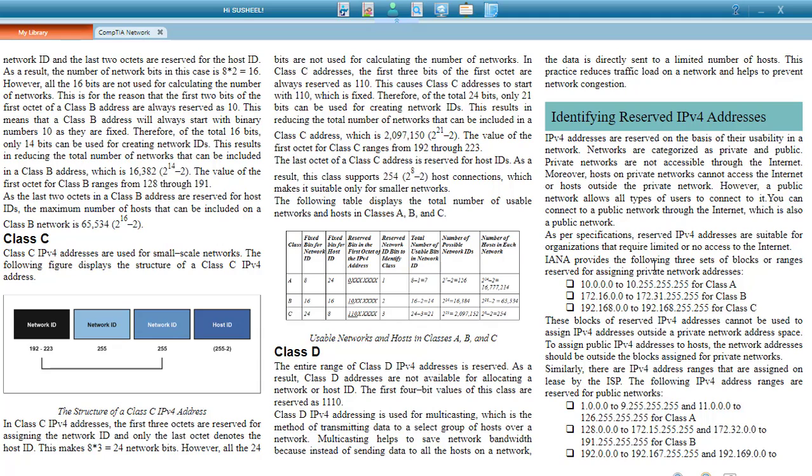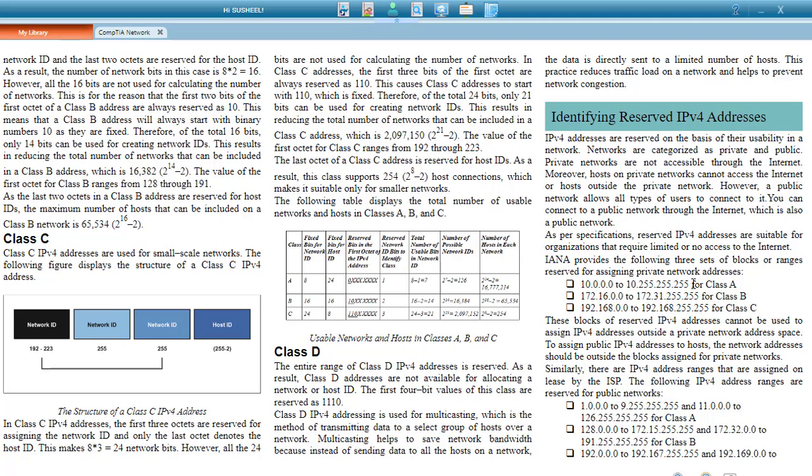These blocks of reserved IPv4 addresses cannot be used to assign IPv4 addresses outside a private network address space. To assign public IPv4 addresses to hosts, the network addresses should be outside the blocks assigned for private networks. Similarly, there are IPv4 address ranges that are assigned on lease by the ISP. The following IPv4 address ranges are reserved for public networks: